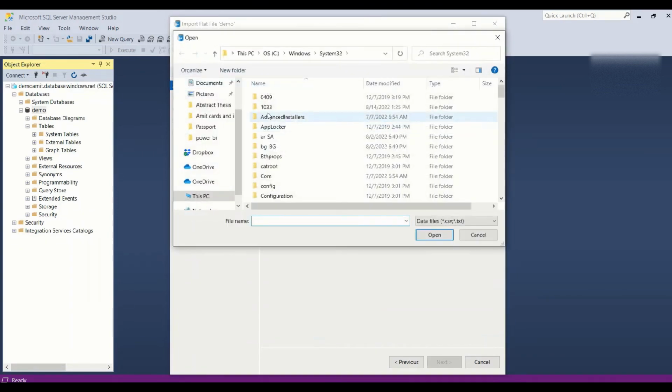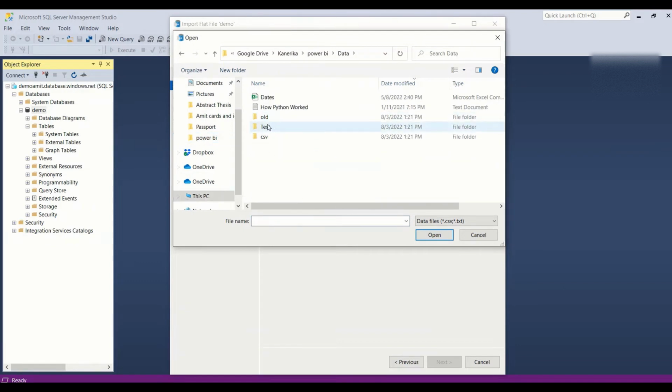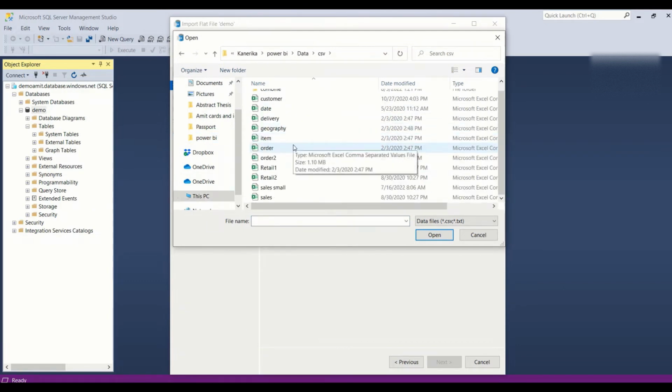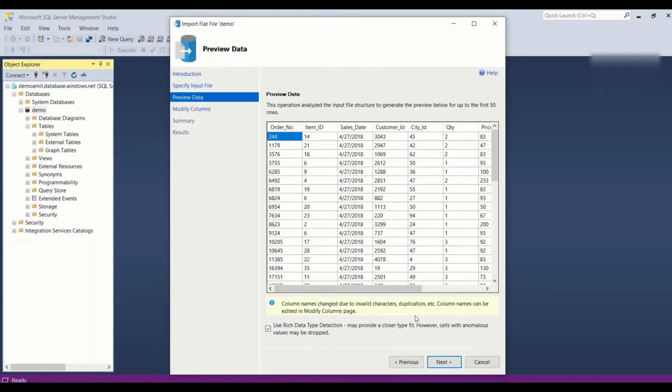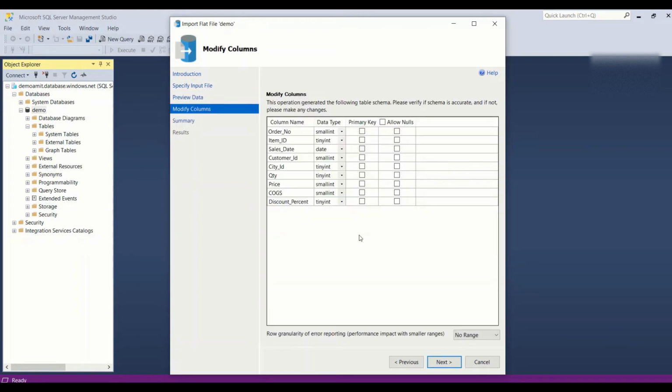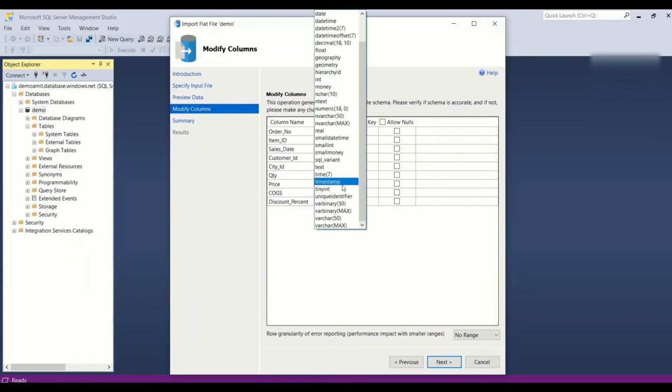So let me browse them. They are under Power BI, data, CSV. And we are going to take the sales, small or sales. Let's take sales. Next, preview the data. Okay, column name invalid characters, we are fine with that, but the data type is something which we need to correct. Okay, so date we are fine with. Small int, price. I don't like this data type. Let's make price